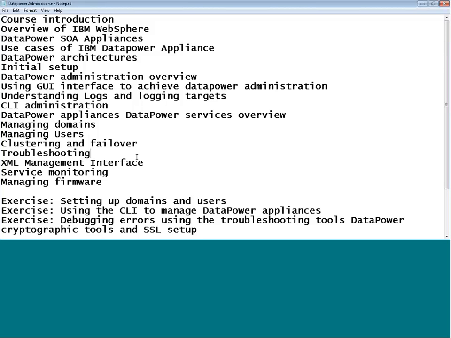Then we have command line administration. We will also talk about the DataPower appliance services overview, the services which I have just shown. And then we will talk about managing domains and managing users. There is a little talk about clustering and failover as well. Then we will have some idea about troubleshooting, how to troubleshoot in DataPower. We will also talk about the XML management interface, then service monitoring, and then last but not least, managing